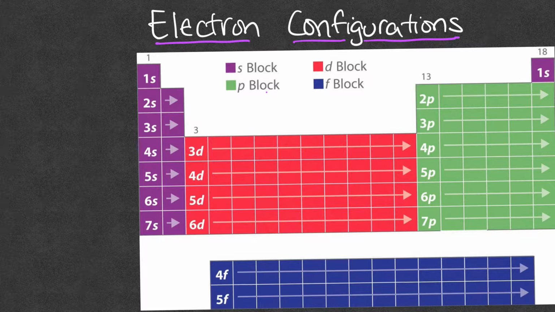depiction of the atom, and we have experimentally figured out that that depiction of the atom is completely incorrect, but we teach it for various reasons, giving you an idea of where the protons and neutrons are located, and where the electrons are kind of located. But now we've moved on into a more modern atomic theory, where we have this whole idea of electron configurations. With electron configurations, electrons are configured in sublevels, energy levels, orbitals, and so on